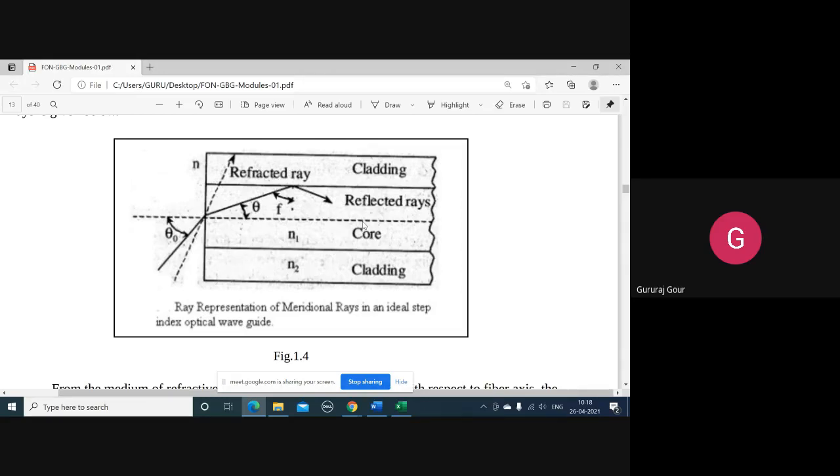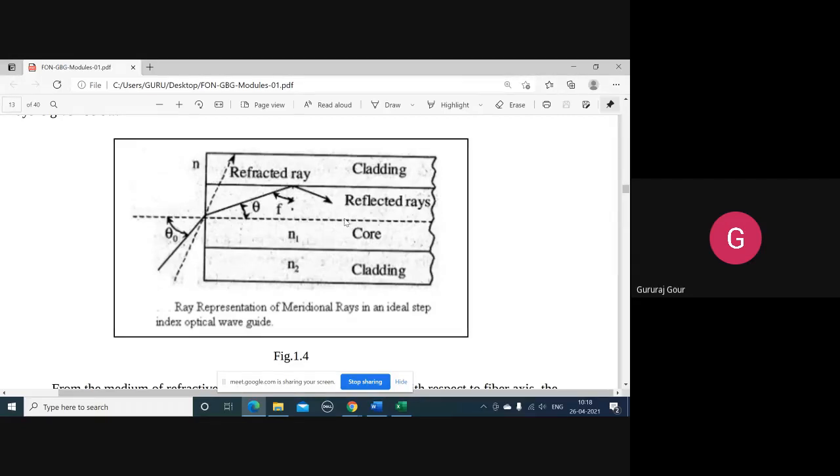See, mode is not related to the planes, how many planes it is confined. That is how we categorized the rays: meridional rays are confined to one or two planes, skewed rays are confined to multiple planes. That is different. But here mode is different. Mode indicates the path of traversal of the optical ray. That's all. A single ray propagating is single mode.